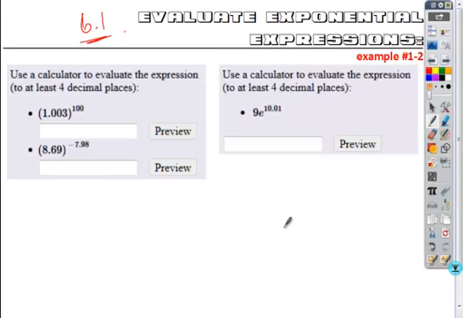Let's start by looking at just how to evaluate exponential expressions. We are going to be using a calculator for this. The idea is we're looking at powers. So in the first thing, if you just look to evaluate these using a calculator,